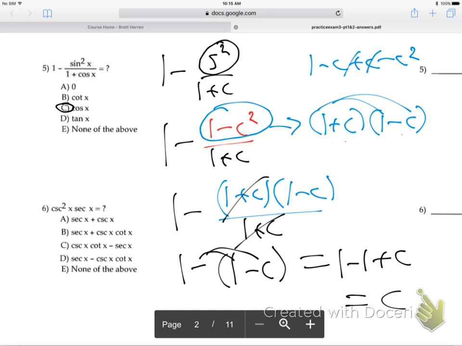Good. This takes a lot of practice. So these dropped off, this came down, distributed the negative to both. My negative changed both signs, made it a minus 1 and a plus c. 1 minus 1 is 0, so it's just gone. It's just cosine. All right, let's move on to number